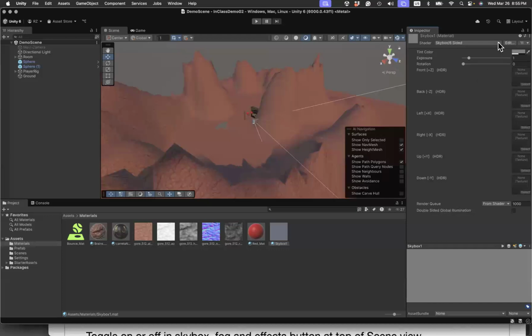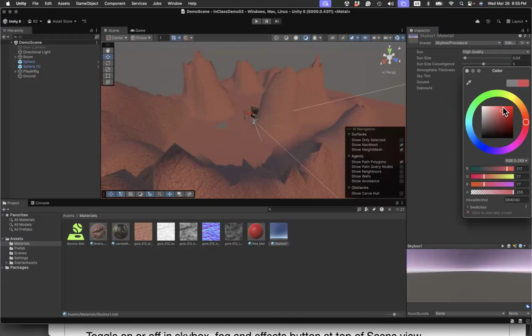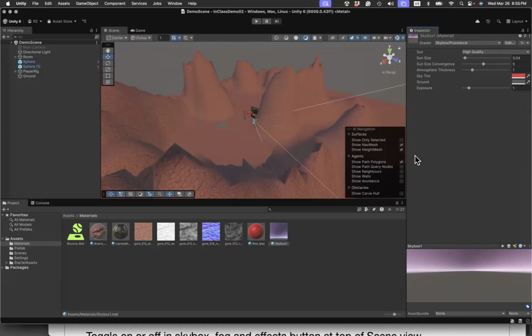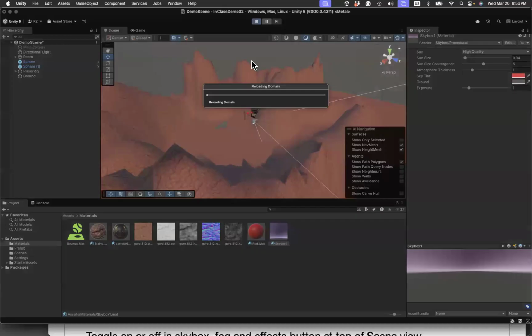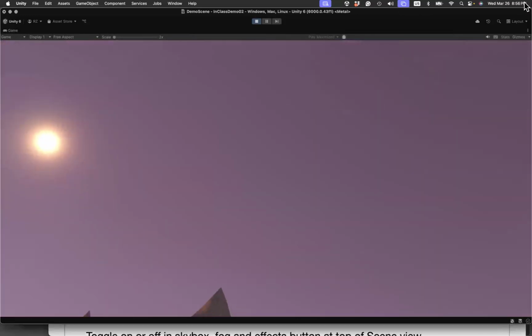You can also create a procedural skybox. I'll change, again, the colors. And if I want to just add it to this world, I can just go ahead and drag it. And now I've got this violet